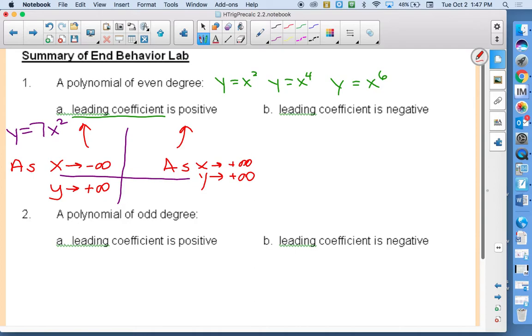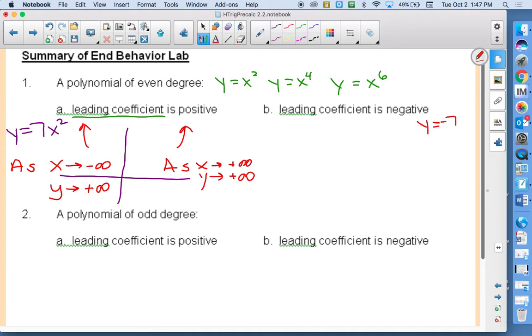So as x goes to negative infinity, y goes to positive infinity. As x goes to positive infinity, yes, that means you're on the right side, Brandon, but we're not going to say we're on the right. It goes to positive infinity. So if you could try and fill in the rest of the chart, knowing what you have from that calculator